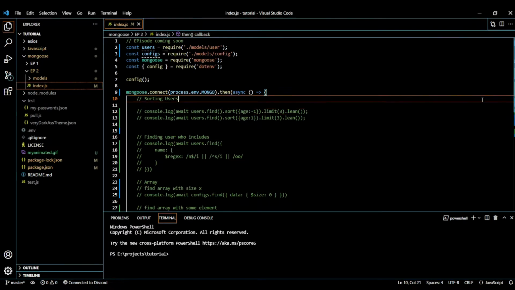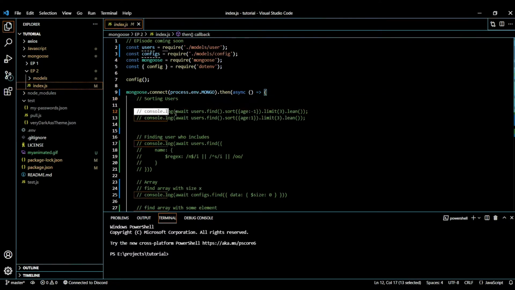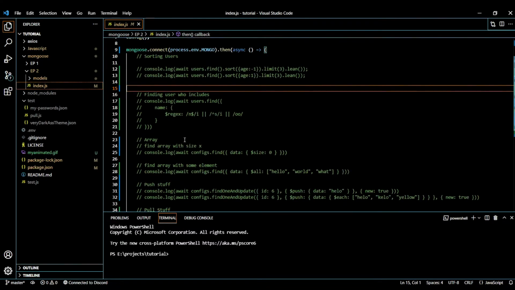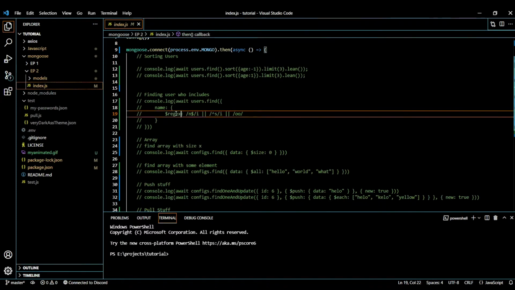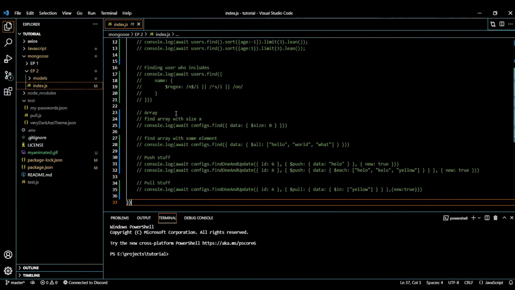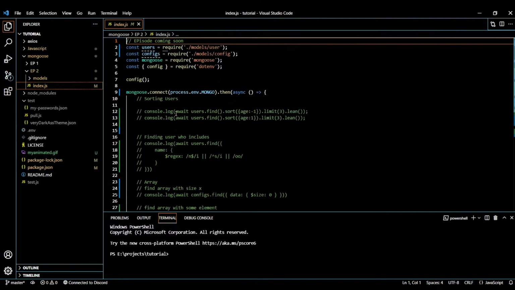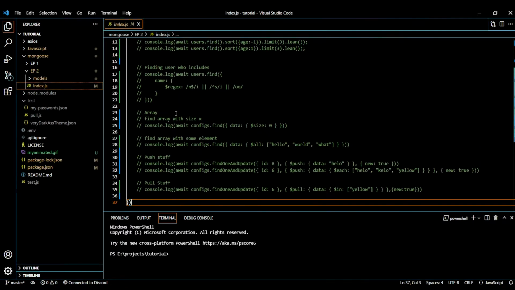So guys, in today's video I will teach you more about Mongoose. Our main topic will be how to sort the collections and some cool ways to use regex, most probably to find users in a specific way instead of providing a literal name. I will show you how it works.